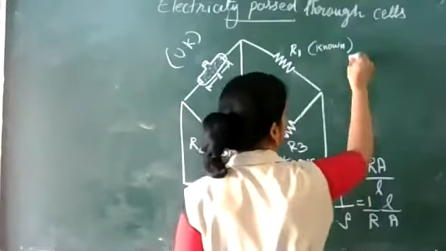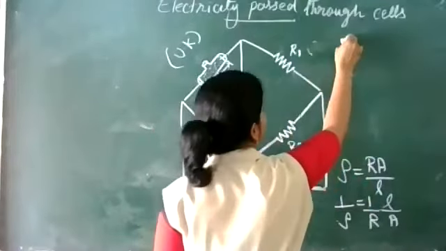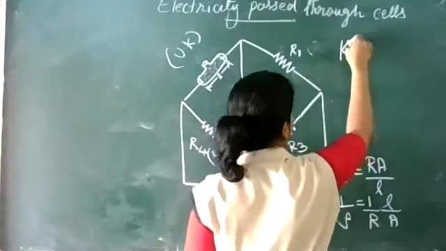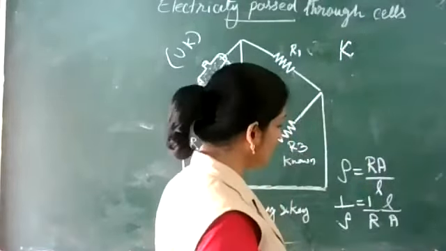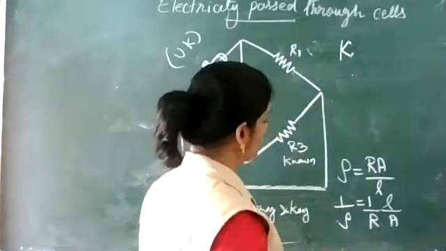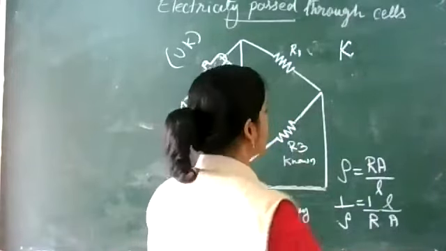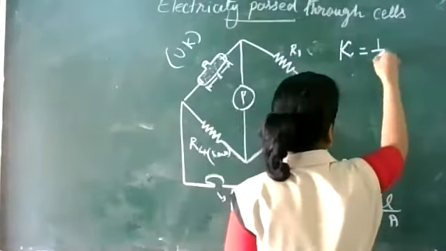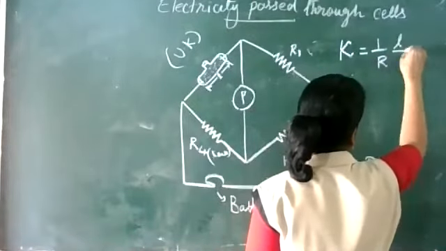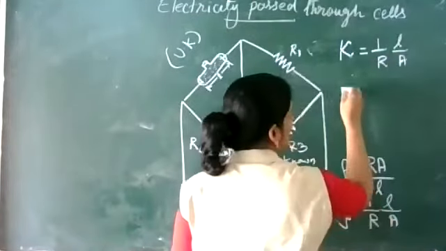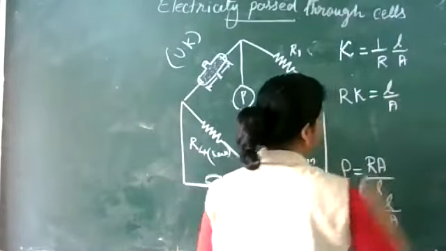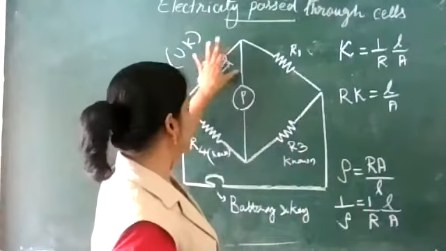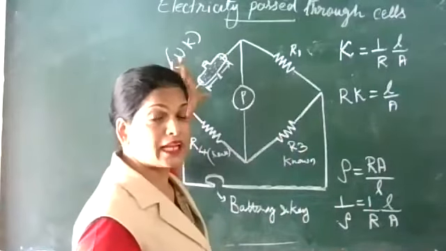1 by rho is equal to kappa, that is the conductivity. It is written like this, kappa, with some bending on the top and bottom. Kappa is equal to 1 by R into L by A, or R kappa is equal to L by A. For this special conductivity cell, for this glass tube,